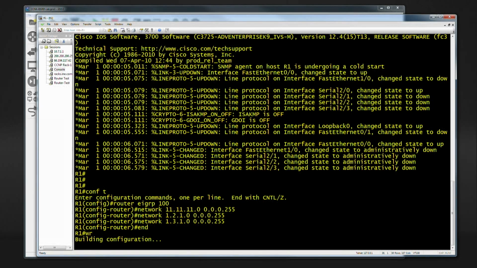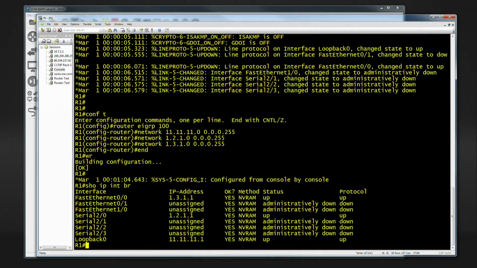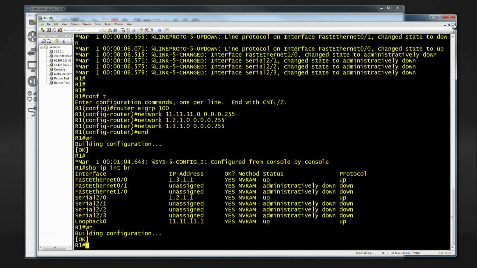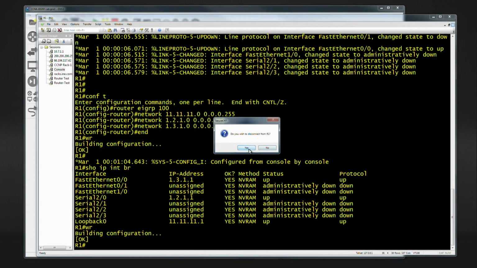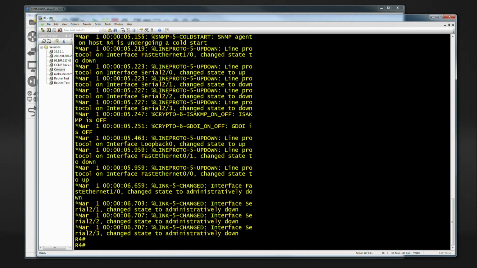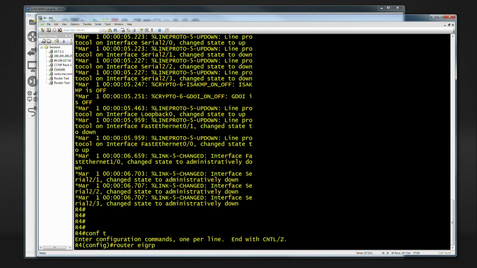All right, and that completes our EIGRP configuration in router 1. We've saved our configuration there, so we can go ahead and get rid of his window. Now where are we right here? Which router is this? This is router 4. Okay, so we'll go ahead and do the same thing. Router eigrp 100,